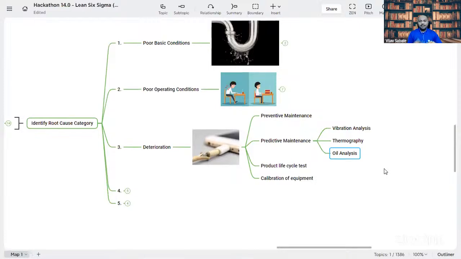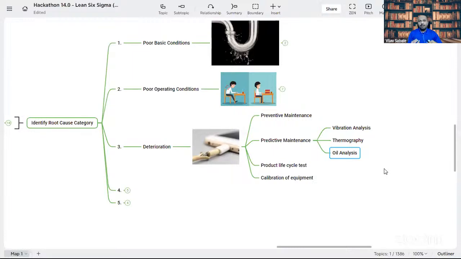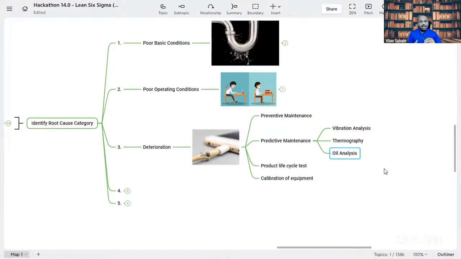After a certain period, we need to take the oil from the gearboxes. We need to check it for the presence of foreign particles. Based on that, if it is perfectly fine, we can continue to use it. But if we find some wear and tear, then we need to replace the oil. At the same time, we need to investigate what is going to happen in the entire system, right?